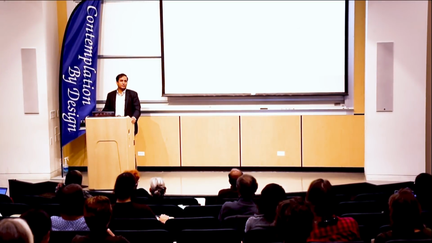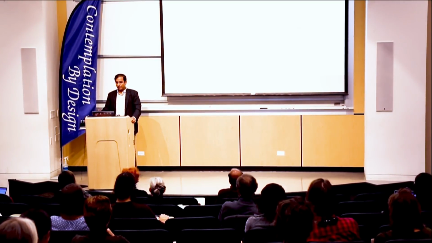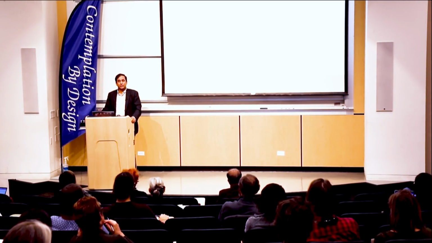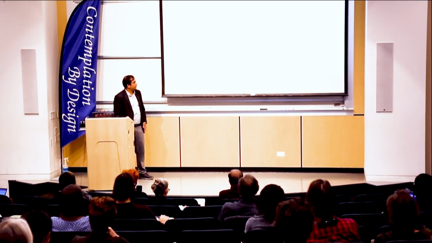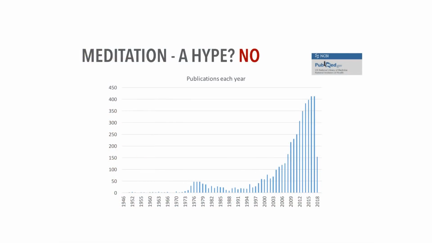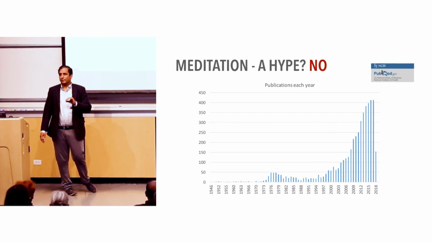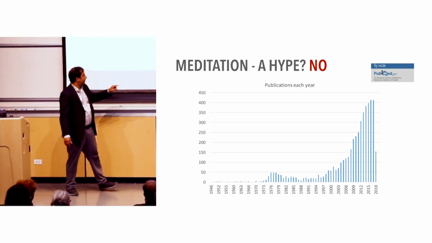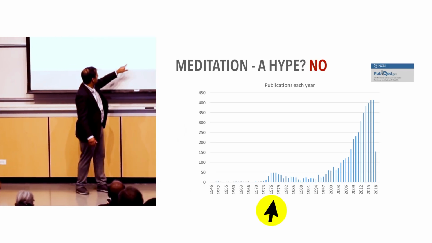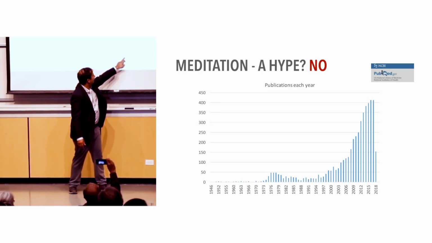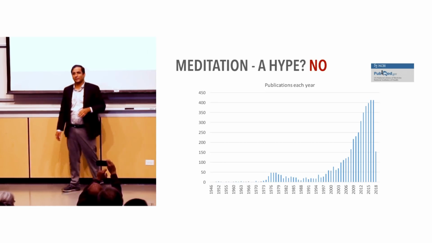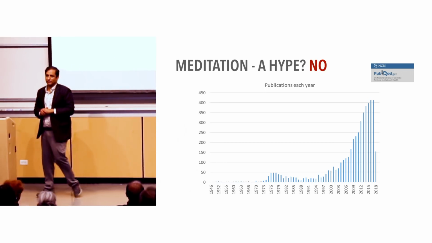The easiest thing for a researcher to do is go to PubMed, a website which indexes all kinds of journals, all kinds of publications on meditation across all peer-reviewed journals. I just plotted here over the years how many papers are published which have the word meditation as a keyword or in the title, along with some kind of effects. And if you see here, there was a blip back in the 70s, and then we are like, this is probably the hype cycle, I'm guessing. And there was a plateau, and then we finally realized the optimal use of meditation. It's no more a hype anymore.